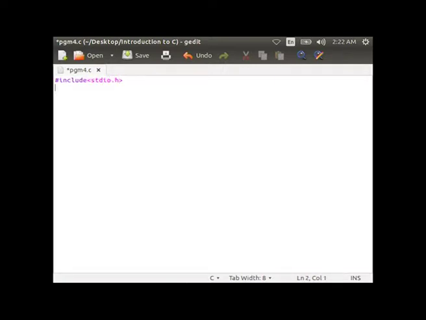Hash include stdio.h, then within main, int main, start the curly brace, int, you declare the array var and define the array using 3 values 10, 100 and 200, then int i comma star ptr of size 3, for i equal to 0, i less than 3, i plus plus, then ptr of i equal to ampersand sign var of i. Here we are assigning the address of the integer.